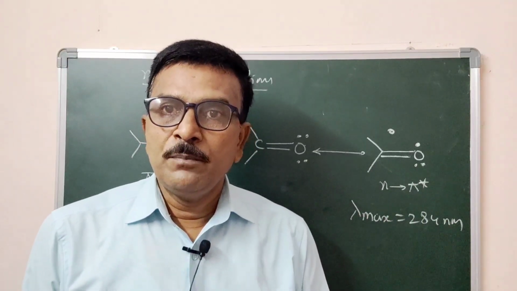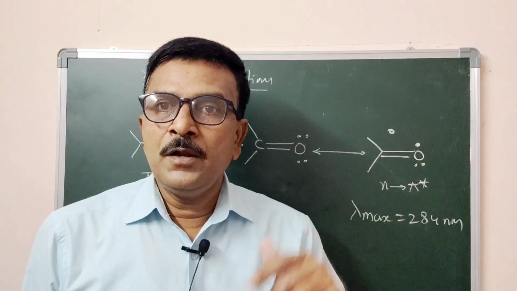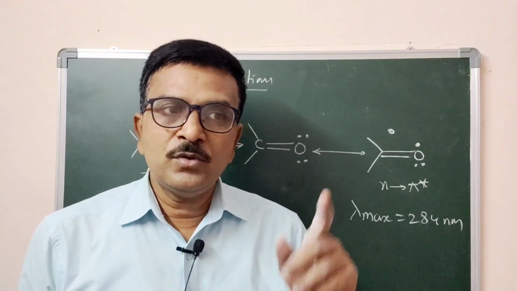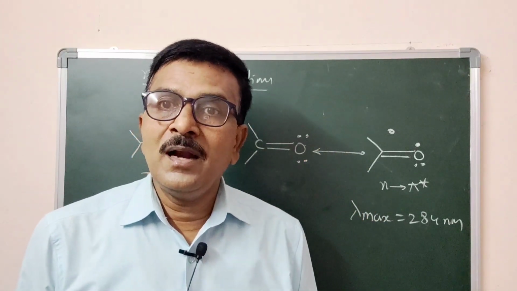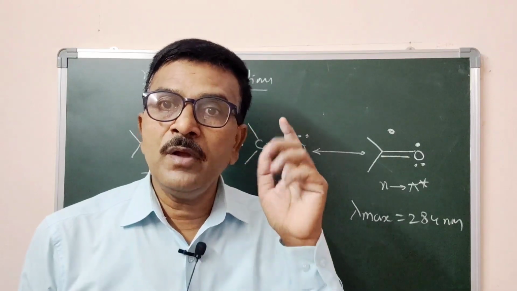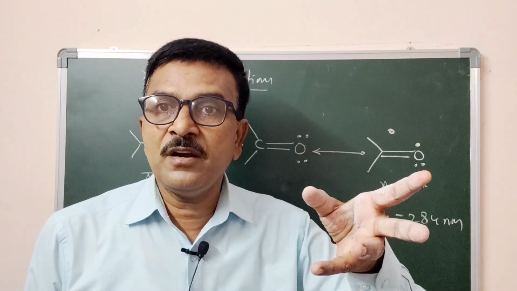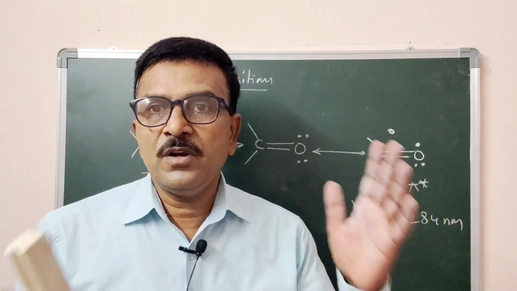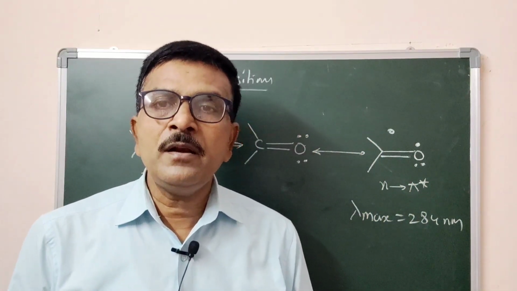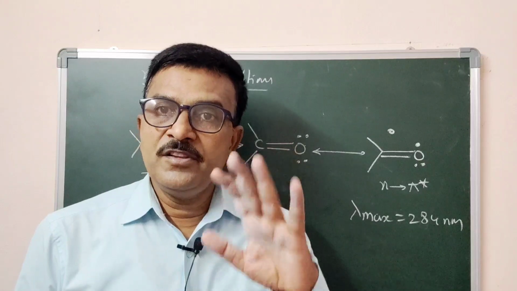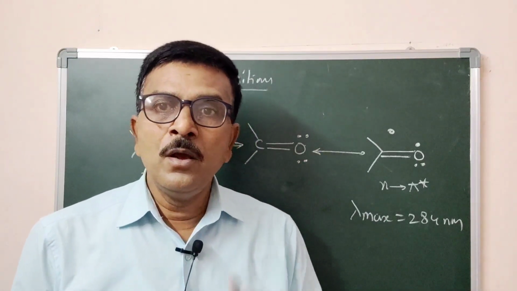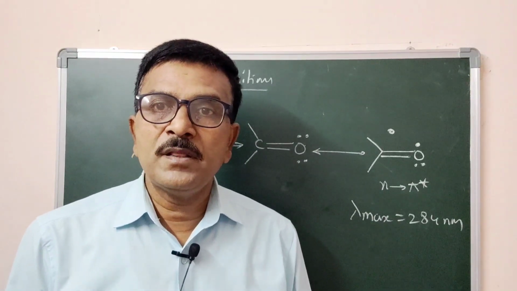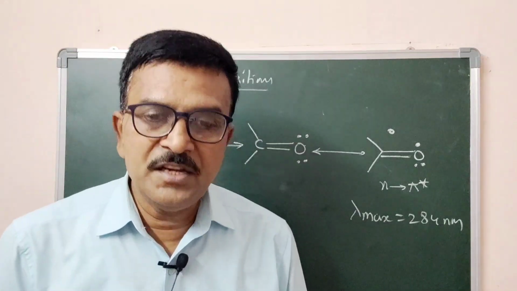Coming to the next two, pi to pi star is 270 nanometer, n to pi star is 284 nanometer. This is above 200 nanometer, so the energy required is available. Hence, in the ultraviolet spectrum in general, we can observe bands corresponding to either pi to pi star or n to pi star transitions. Is it clear? So this is about the types of transitions and the energy required for various transitions. Out of 4 transitions, only 2 possible transitions we may observe in the ultraviolet spectrum. That depends upon the energy of the supplied or incident radiation.